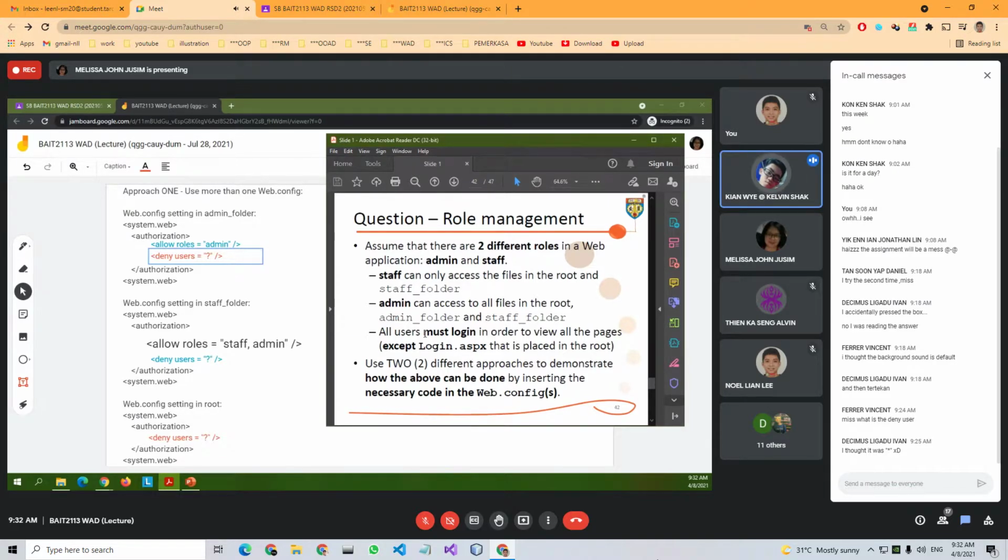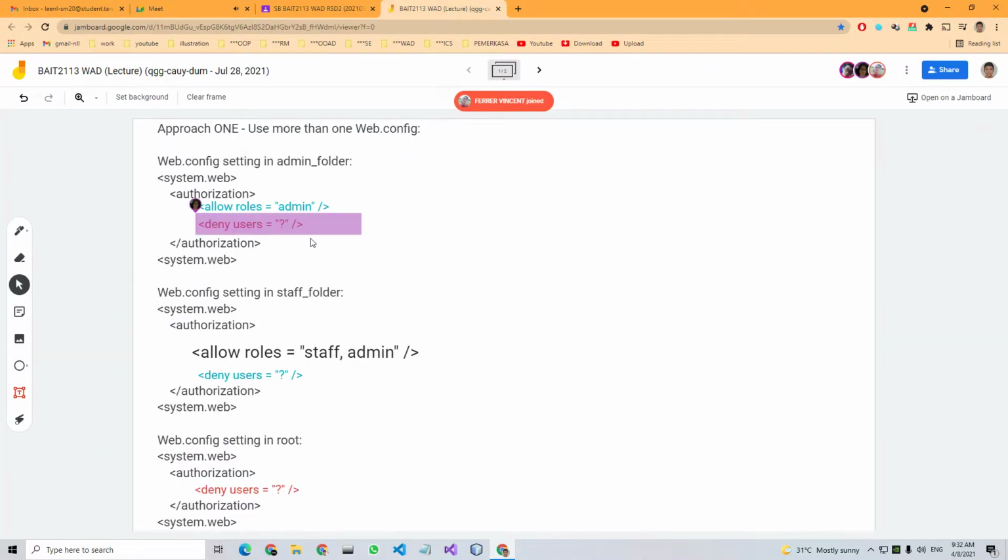That one is for the third one, right? The root only. Yeah, that one's for the root only, right? And then the other ones we should use deny all instead of deny anonymous.